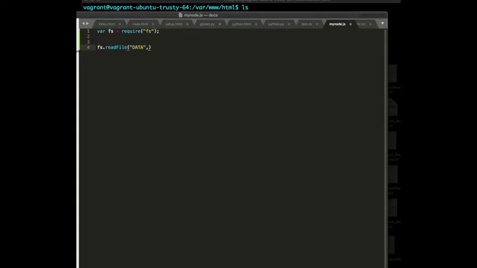And then we're going to talk about the encoding of the contents of the file. UTF-8 is the base encoding level that we want. Then a function. Error is the first parameter that we will get if there is an error. Otherwise, we're going to read the contents. Okay, so it's a function. We need our curly brackets over here. And then I want to just output console log